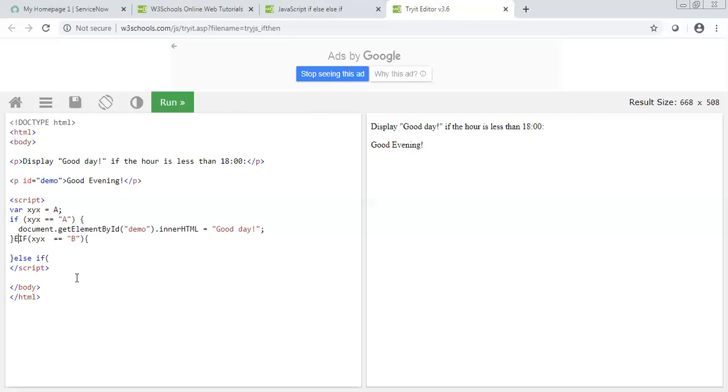If I do not write else if, I will just say if xyz is equal to a, then I am saying if xyz is equal to b, then I can say xyz is equal to c. In that way work will be done, because whatever value is assigned to xyz, the function will go inside that loop only.